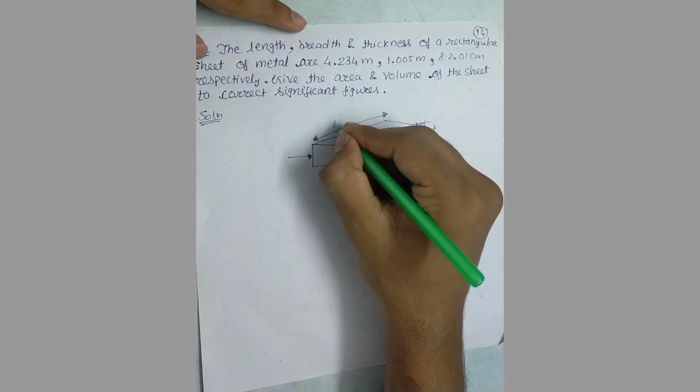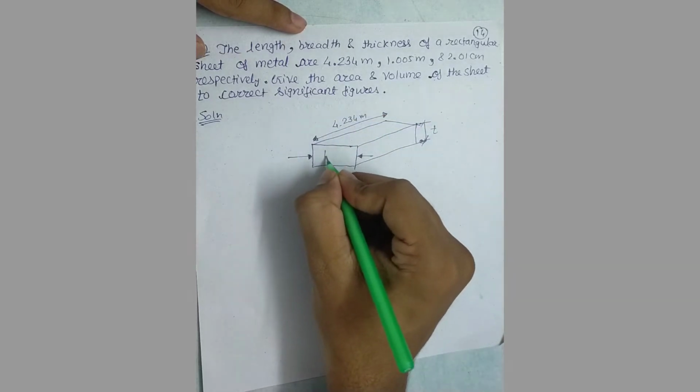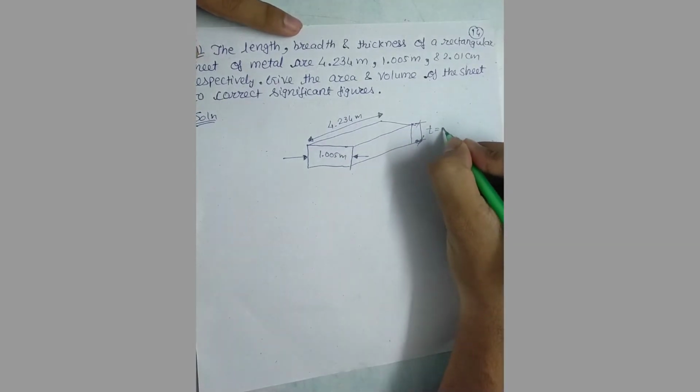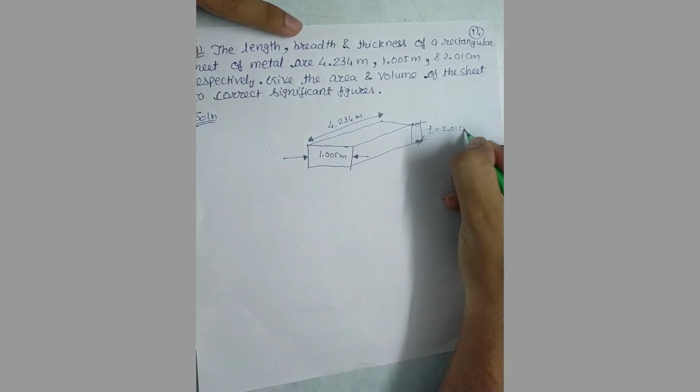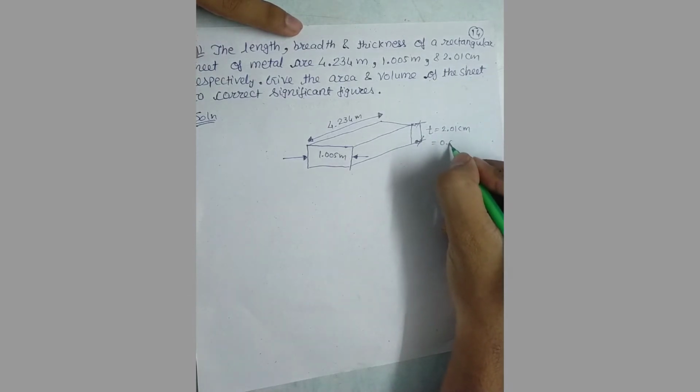This length is given as 4.234 meter, this breadth is given as 1.005 meter, and this thickness is given as 2.01 centimeter. If we convert it into meter, it is 0. Let us shift the decimal 2 places, that is